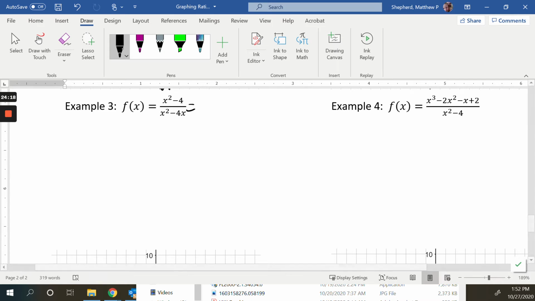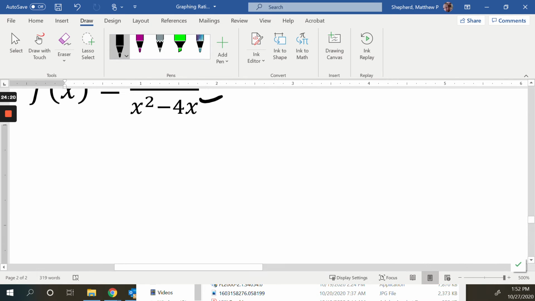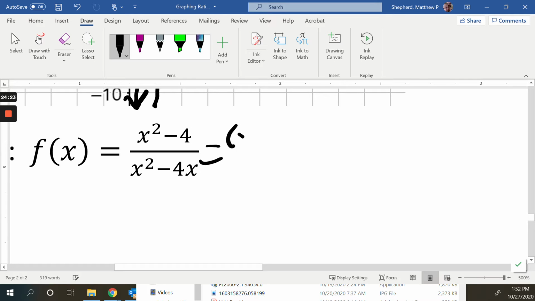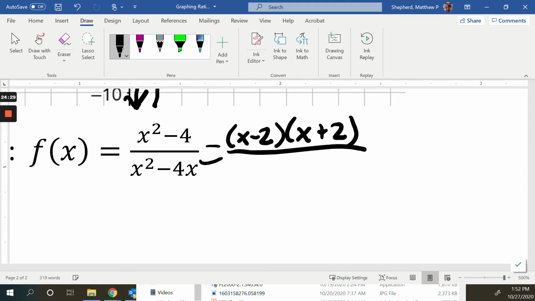Once again, the top is going to be a difference of squares, so that's going to become x minus 2, x plus 2. Down here, they've got a common factor of x, so we can pull out an x, and we will get x minus 4. All right, so now that we are fully factored,